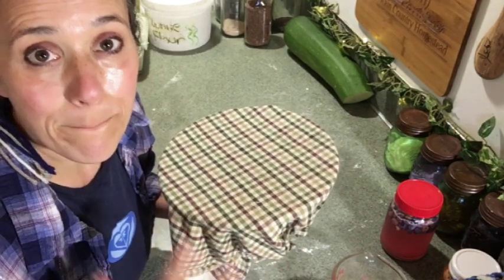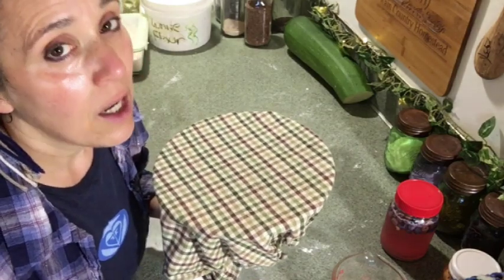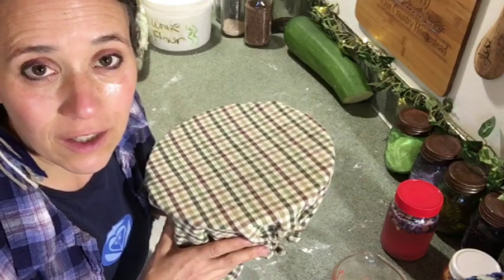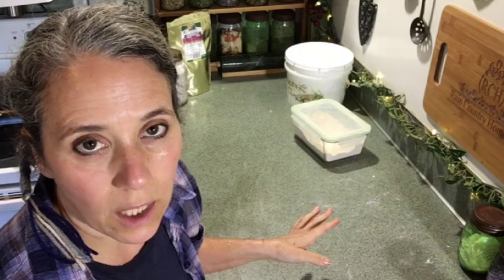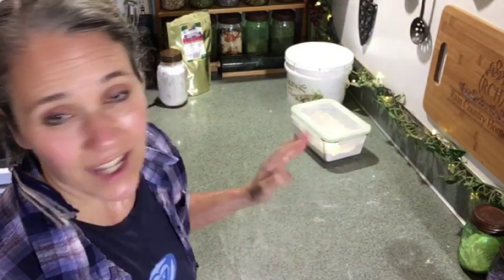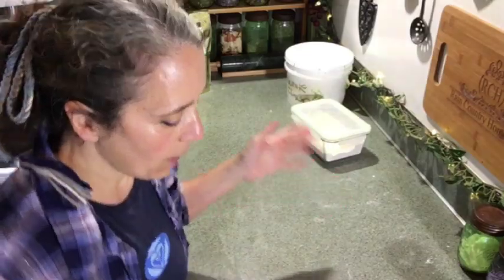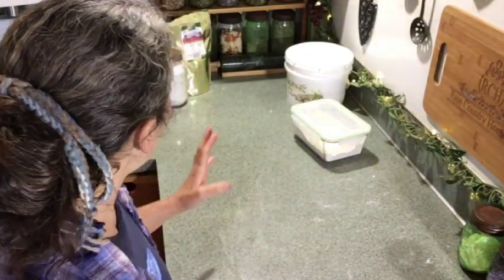And it's going to take about an hour, but you might want to check it at about 45 minutes to see where it's at. Depending on how cold it is, it could take a little bit longer. So I'm going to let this rise and I'll be back in just a minute. Now I don't worry too much about cleaning this counter off because I'm going to be rolling that dough out on here anyway, and after it's all done rising, it's actually not as bad of a mess as I usually have. But I want to go ahead while that's rising and move on to the next step,